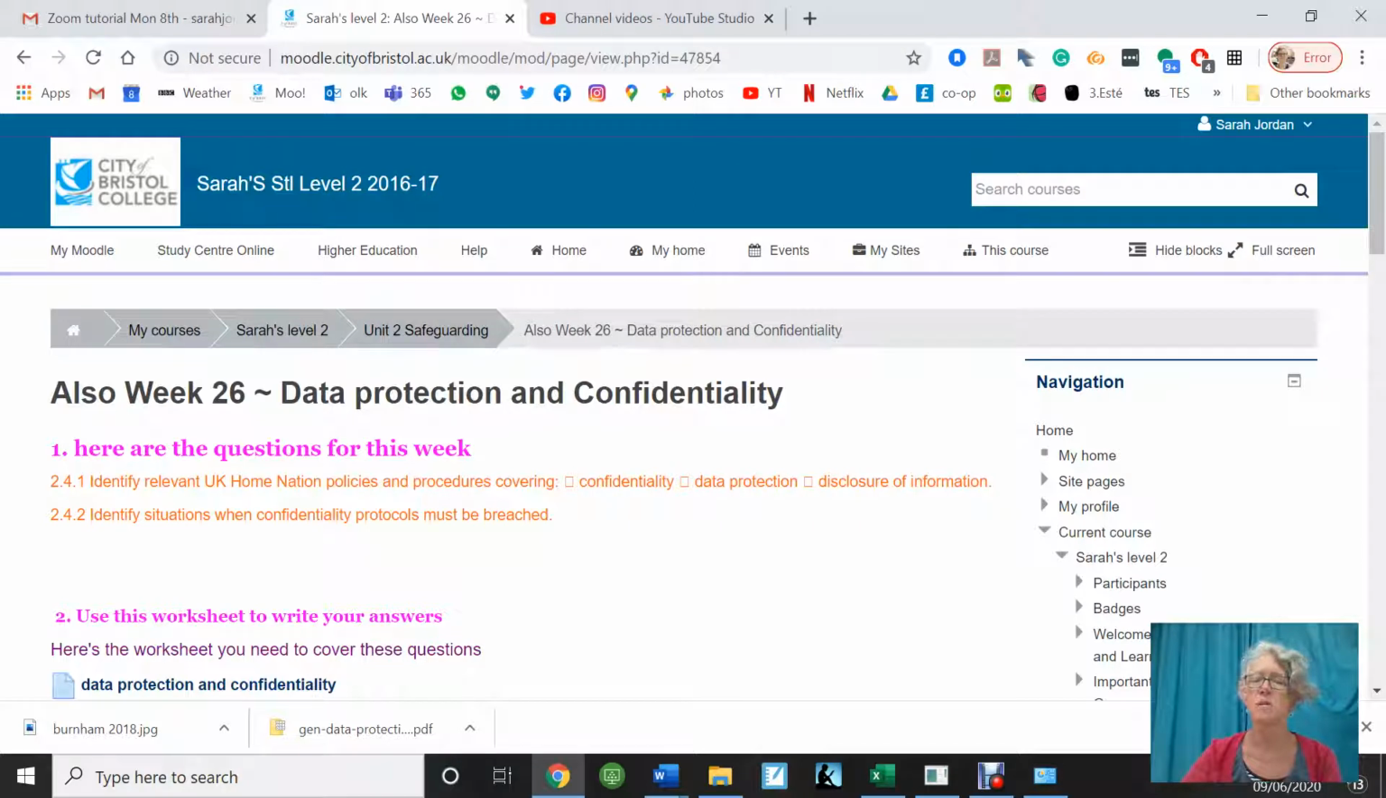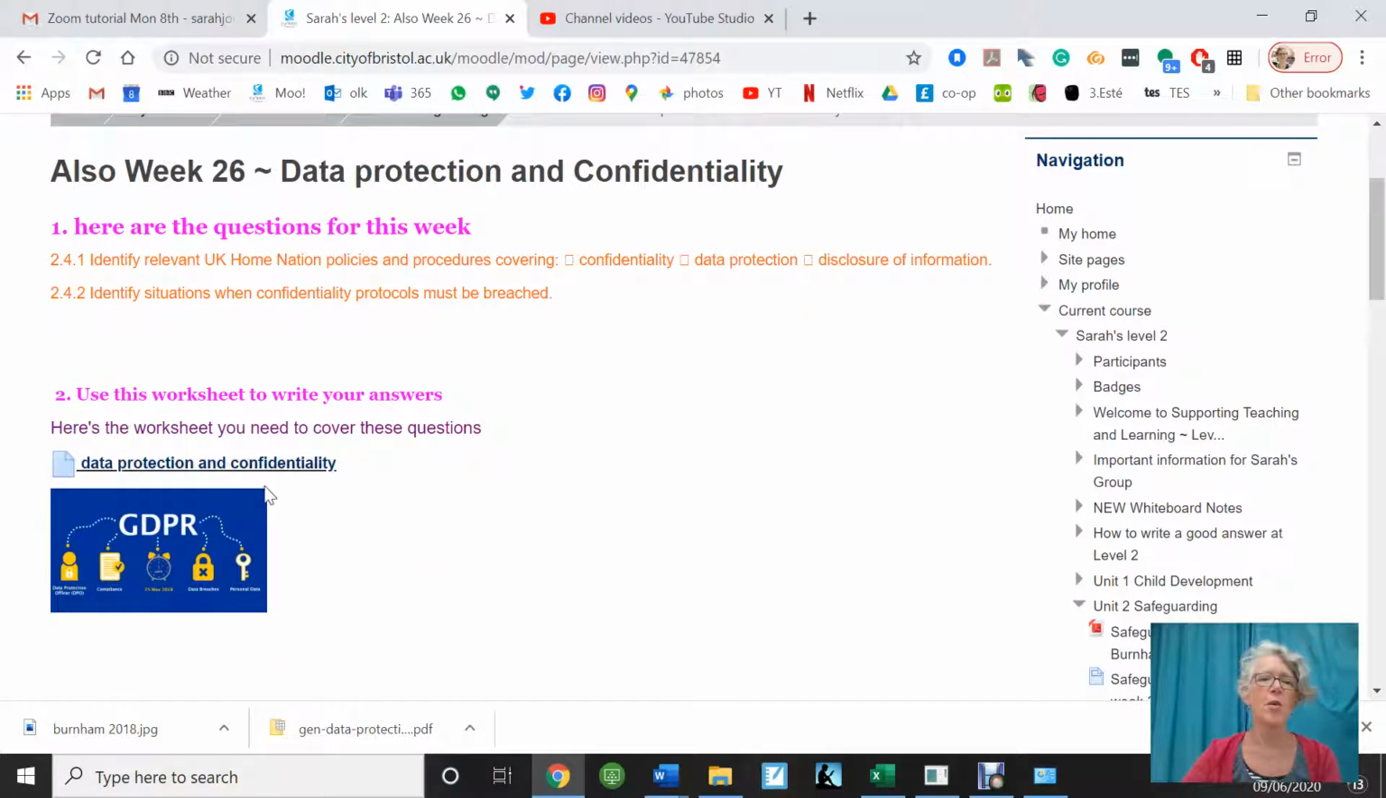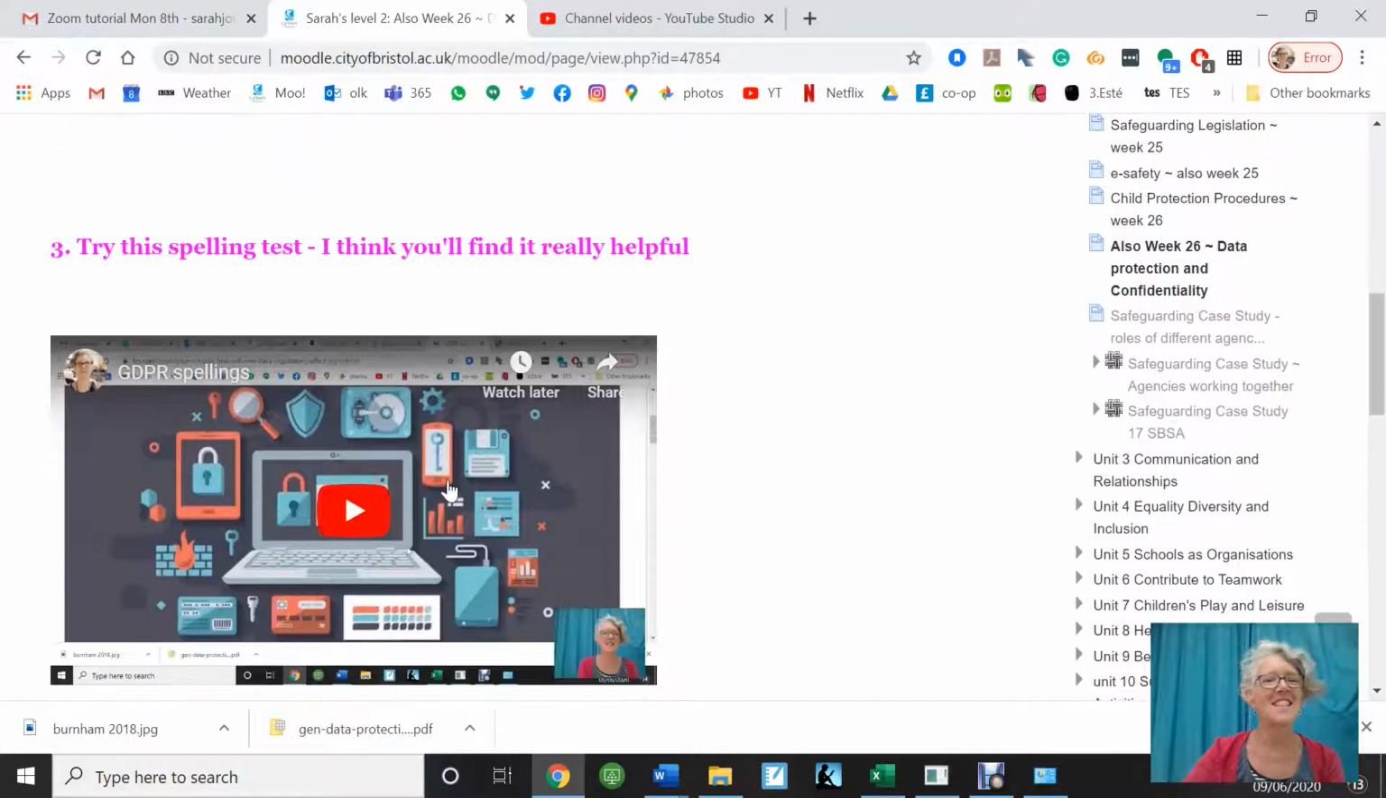UK home nation just means we're looking at the policies for England. They could be different in Scotland or Wales. 2.4.2, identify situations when confidentiality protocols must be breached. Okay, so there's a worksheet here to help you write your answers, but you might like to start this week